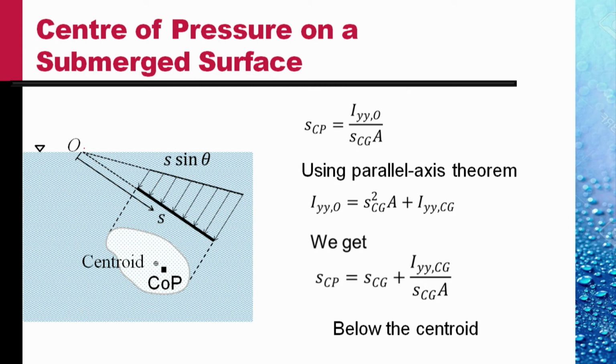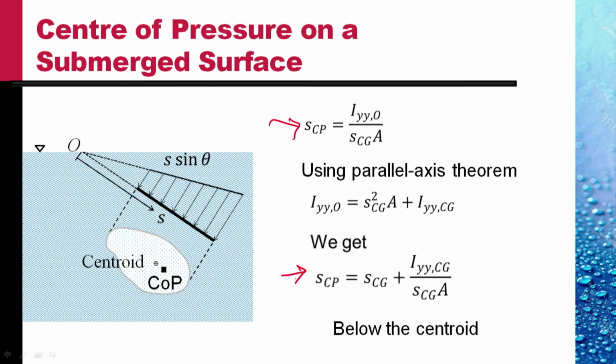The parallel axis theorem says the second moment of area about any arbitrary point O is equal to the distance of that point O from the centroid squared, S_CG squared, times the area of the plate, plus the second moment of area about the centroid. Second moment of area about the centroid is a property of the area. Using this in the first relation, we get